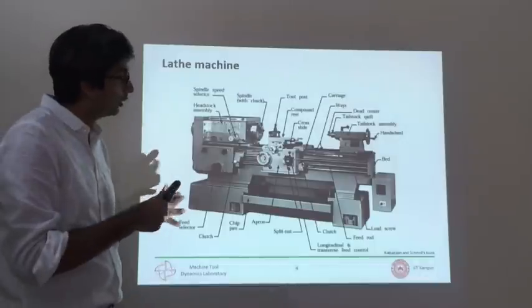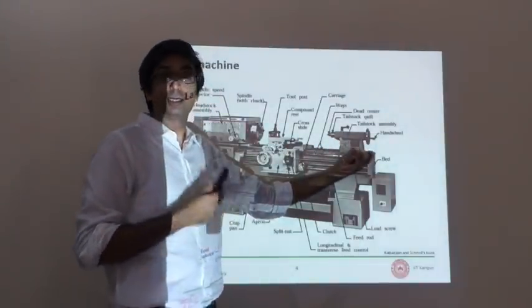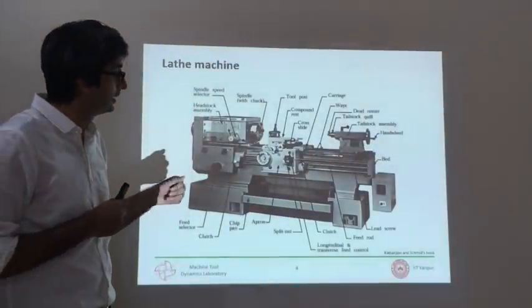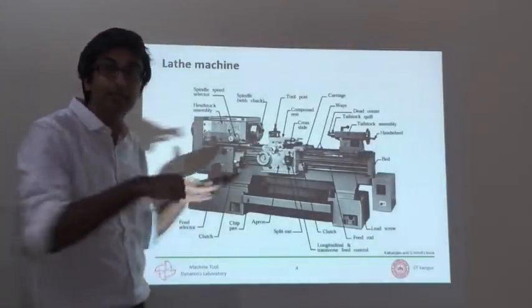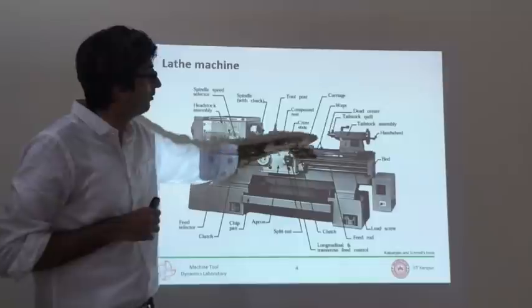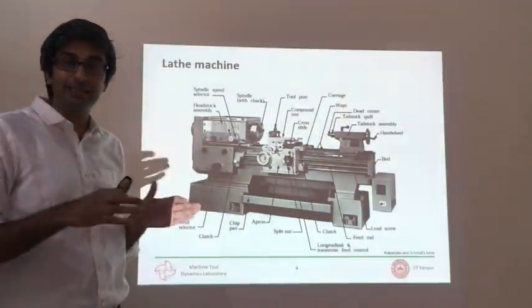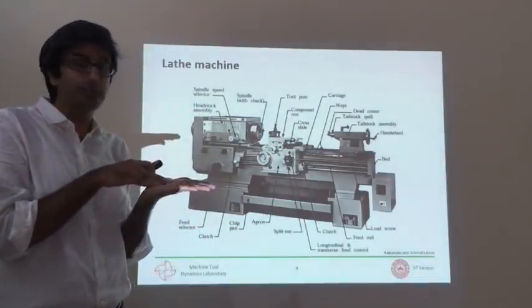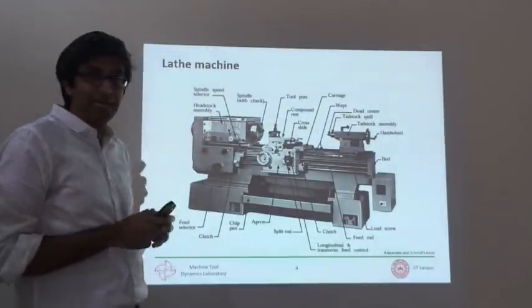The tailstock can also be moved, so this entire body can be moved forward and backwards depending on the length and the diameter of the workpiece of interest. And all of these things, the tailstock as well as the cross slide, are being guided on what are called flat ways or carriages. These guides are essentially bearing surfaces, so there is something moving with respect to on top of each other. So that is what this machine is like.